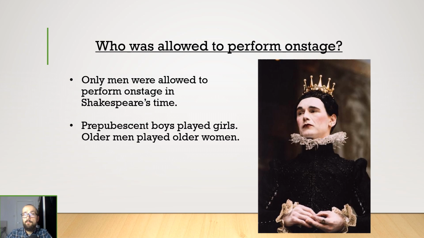Generally, prepubescent boys played girls because their bodies were less developed, their voices had not broken, and they did not have any facial hair. On the other hand, older men tended to play older female characters. Shakespeare's use of language does in fact reflect this theatrical convention. The word beard is actually quite a loaded and complex term in Shakespeare's time, as it had many different meanings and connotations. But there are times where it can be seen as acknowledging the fact that female characters were played by men. For example,